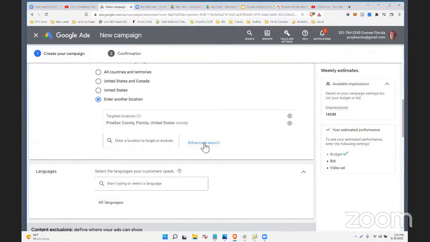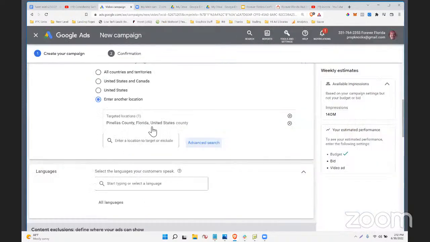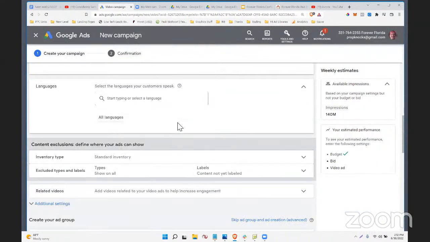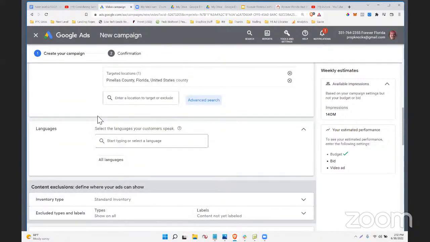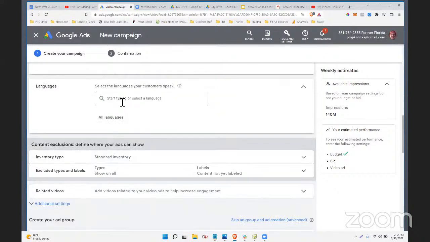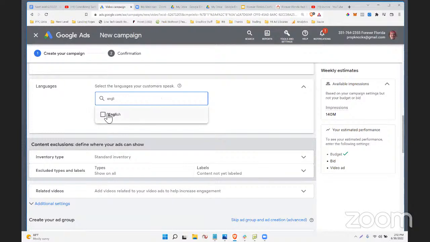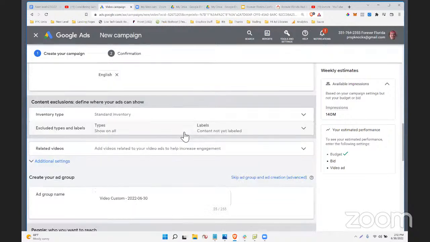And then I'm going to hit this advanced. I just want to make sure, sometimes Google has this thing where you're targeting people in your area or people who are interested in, but I don't see that here. So I'm not going to worry about it, but we're targeting our county. Languages, I just leave as is. I mean, you can be specific and just say English. If you're recruiting Spanish speaking agents, then naturally you'd want to maybe do that, or any other language.